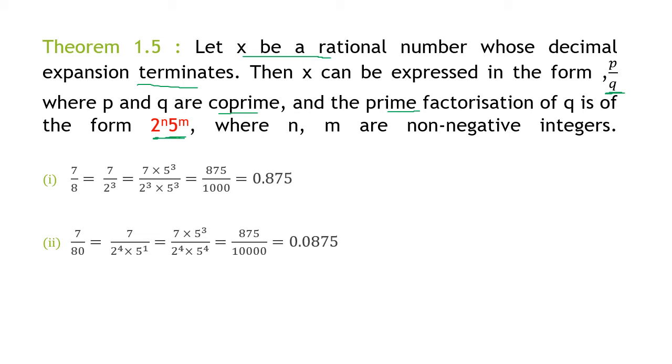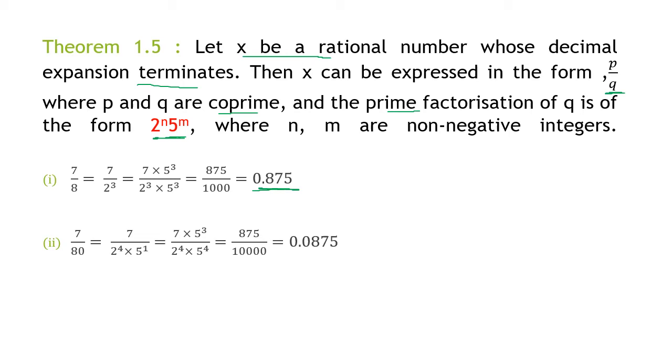So here you have to go the reverse. For example, you see 0.875. Yes. So what is this? It is a terminating decimal. A terminating decimal is a rational number in the form P by Q, where if you do the prime factorization of Q, if you break up Q into its factors, then you will always get Q in the powers of 2 and 5 only, not any other number. It will be a combination of the powers of 2 and 5 only. So this is a terminating decimal.